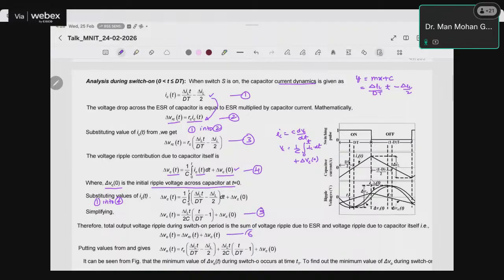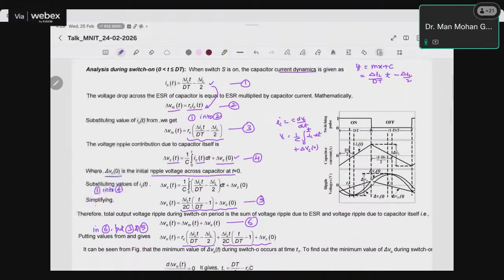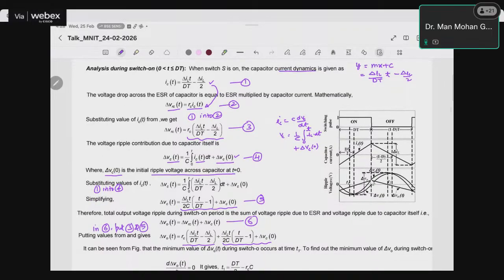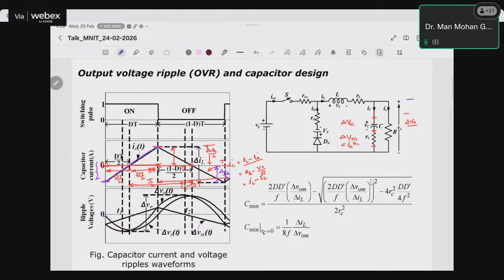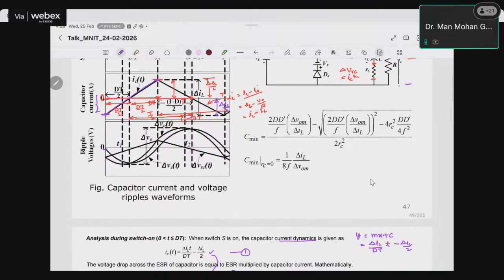This is equation 6. Now in this equation 6, what I will do, put values from equation 3 and 5. So if I put values from 3 and 5, this is one value which I have put here, plus then this equation 5 is this one, so I'm getting this value. Now this is the total voltage ripple appearing across the output or across the load here at the load terminal, right? During switch on, it means during this period, starting from here to